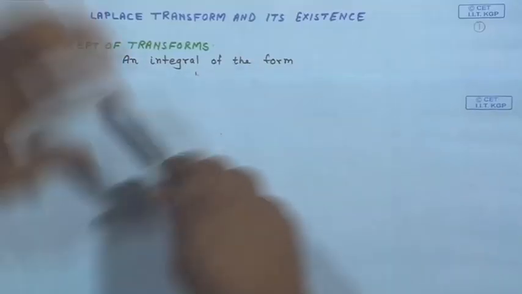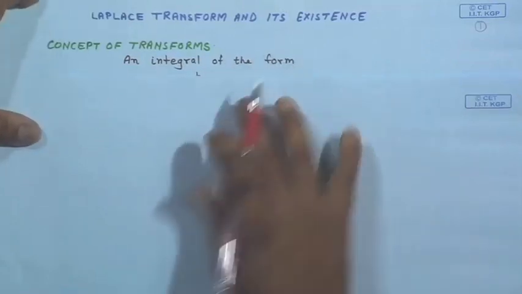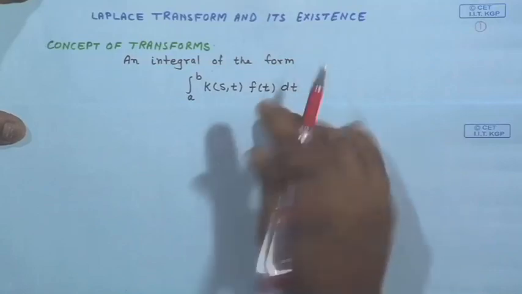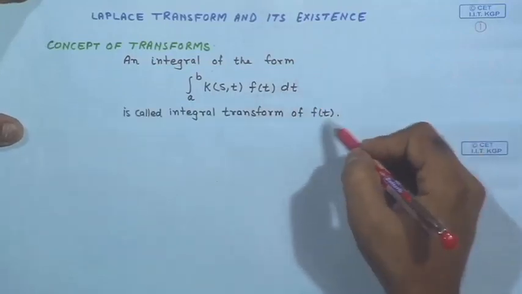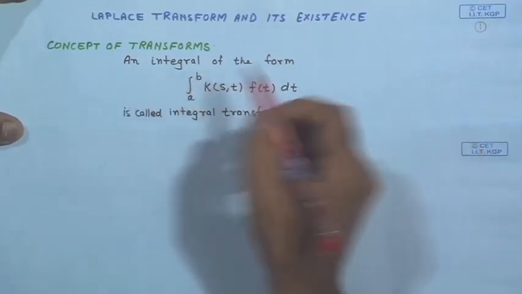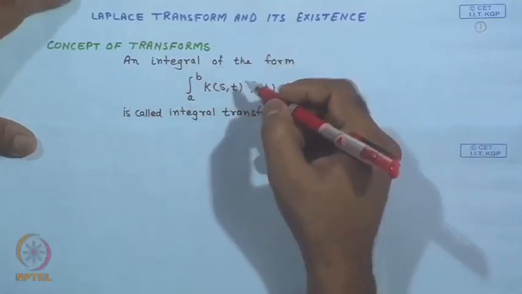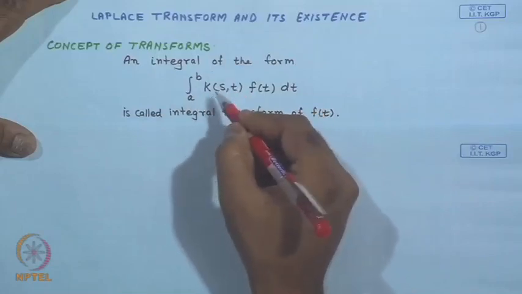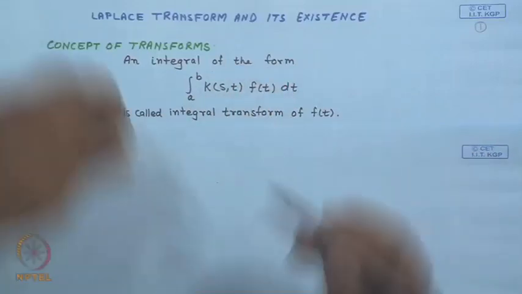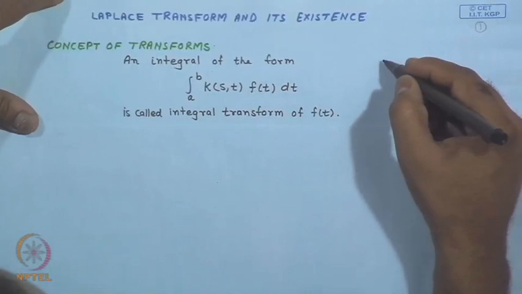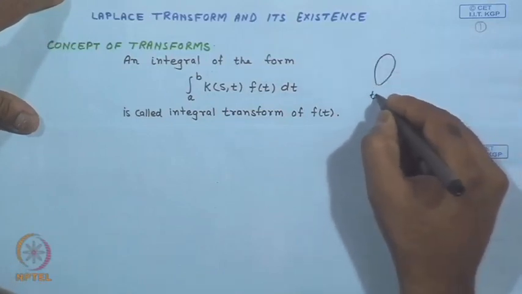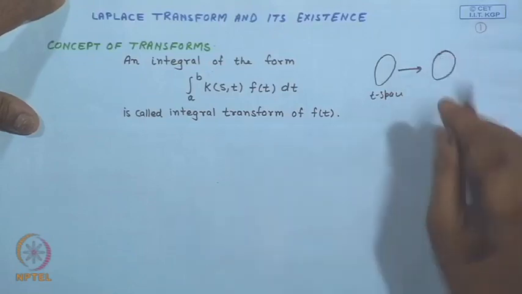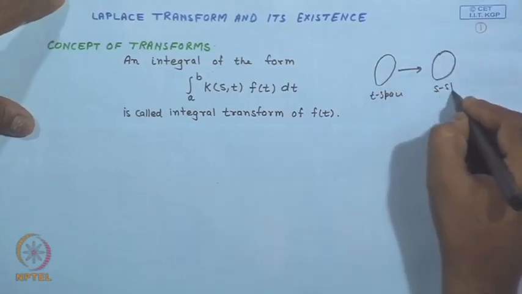An integral of the form integral from a to b of k(s,t) f(t) dt is called an integral transform of f(t). Basically, what we are doing here is transforming the function f(t) to another space S. So this is a transformation from the t space to the space S